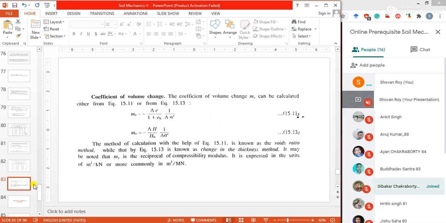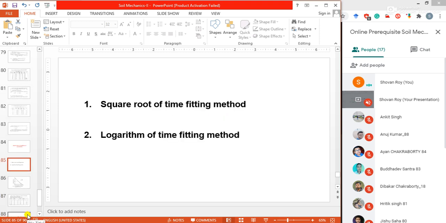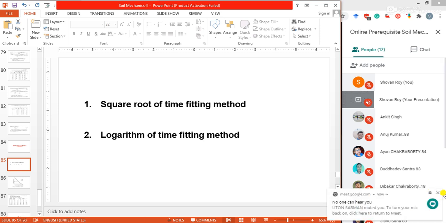Already we know what is the coefficient of consolidation and other parameters which are in your consolidation chapter. To find out the coefficient of consolidation from laboratory test, we have two methods. First one is the square root of time fitting method. These methods are actually used in your laboratory to find out the